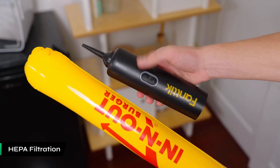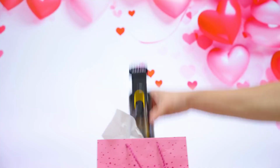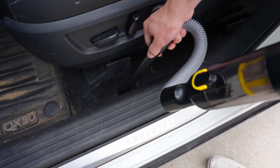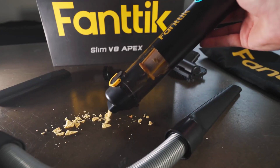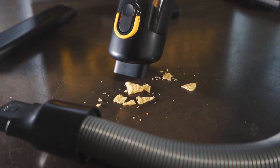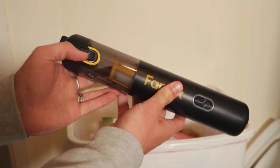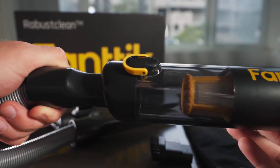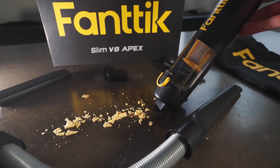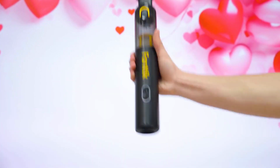The integrated HEPA filtration system effectively captures fine dust particles, greatly benefiting those with allergies or respiratory issues, similar to the BLACK+DECKER's washable HEPA filter. All components fit neatly in the included carrying bag, though more internal organization could be helpful. The V8 Apex stands out with its ideal combination of power and portability. Car enthusiasts appreciate its versatility and thorough cleaning. If you want a car vacuum that can handle more than just basic cleaning, this model is definitely worth a